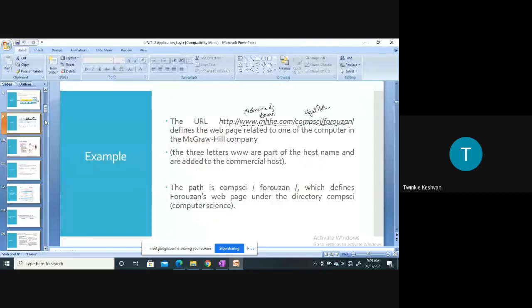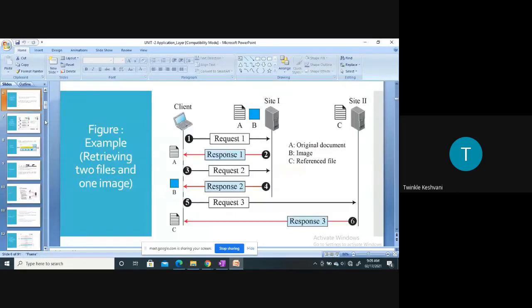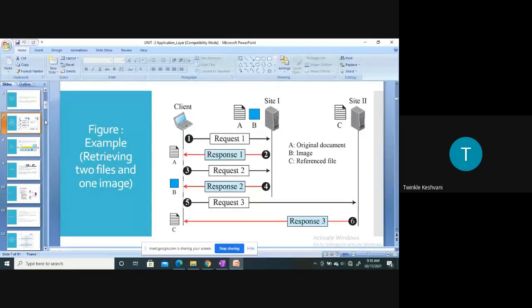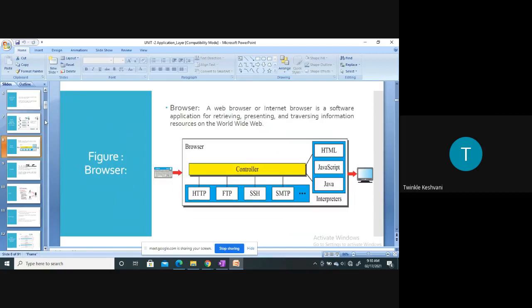Okay, so in the last session, we have started the web and HTTP, in which we have discussed how the client server model works, how the client communicates with the server, how the request takes place between the client and the server. So we have seen this example in the last lecture. Then we have seen what the different types of protocol are that are used on the browser, and which port they work on. So that part we have done.